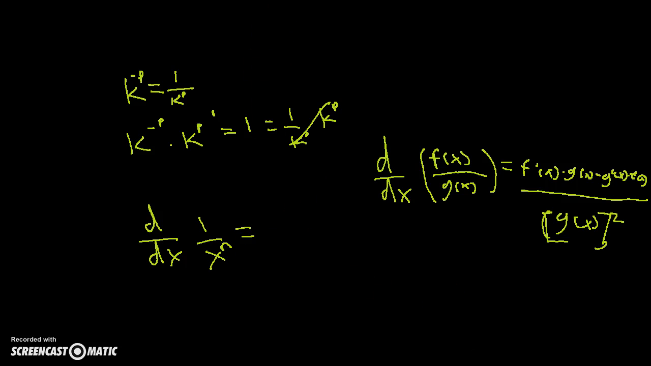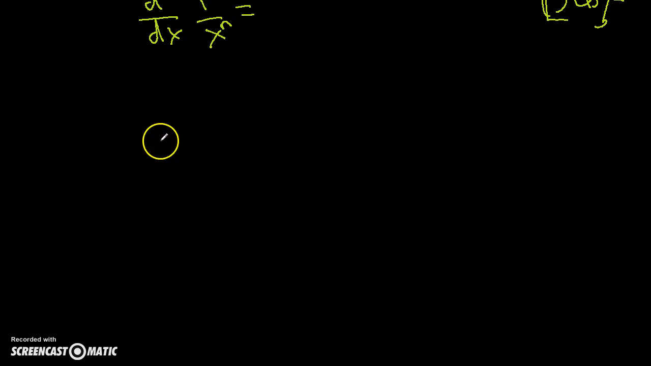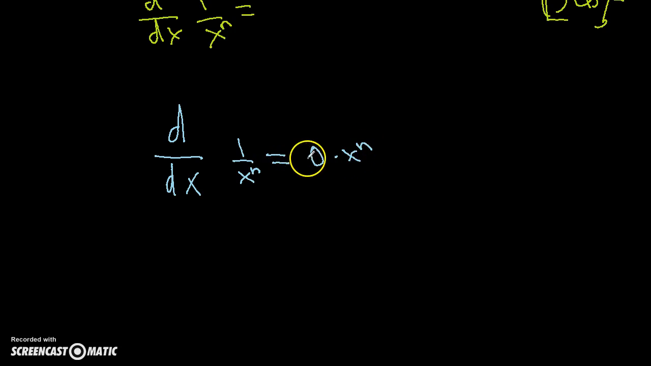So, let's continue. Let me switch colors. Let's move down here. So we have the derivative of 1 over x to the n. That's kind of like 1 is f of x, and x to the n is just g of x. So let's take the derivative of f of x, that's just going to be 0, so it's 0 times g of x, which is x to the n, which is just going to equal 0, minus the derivative of g of x